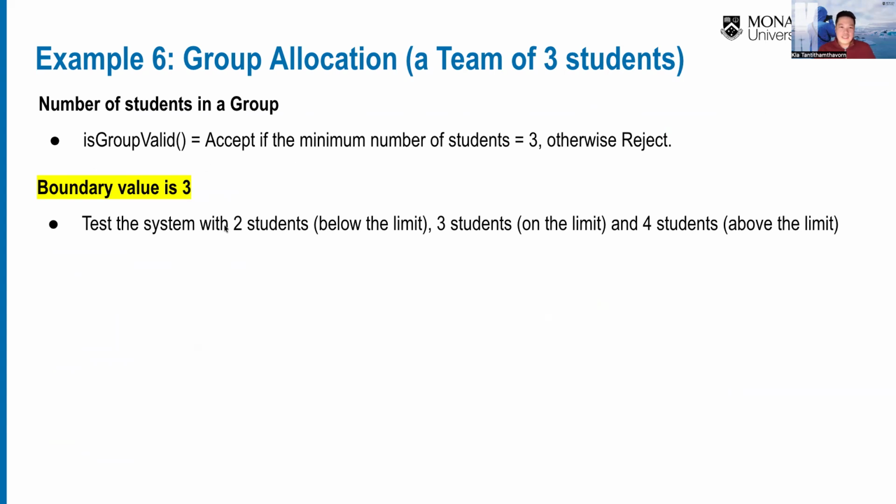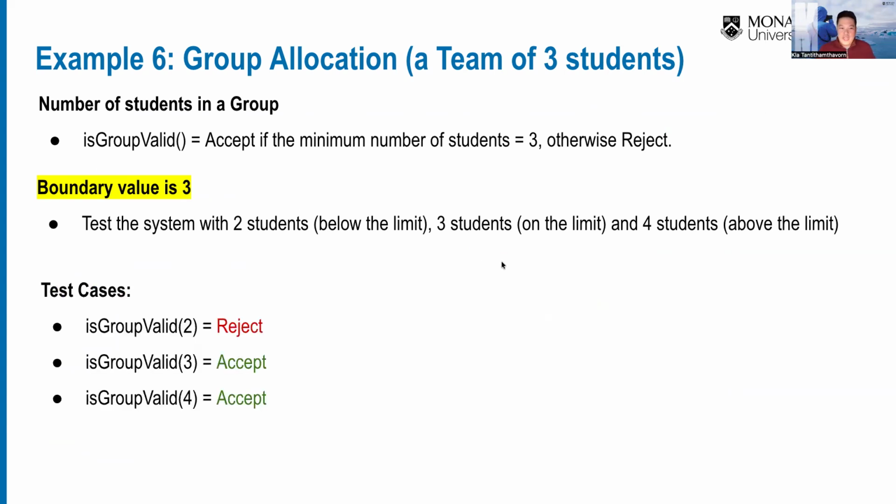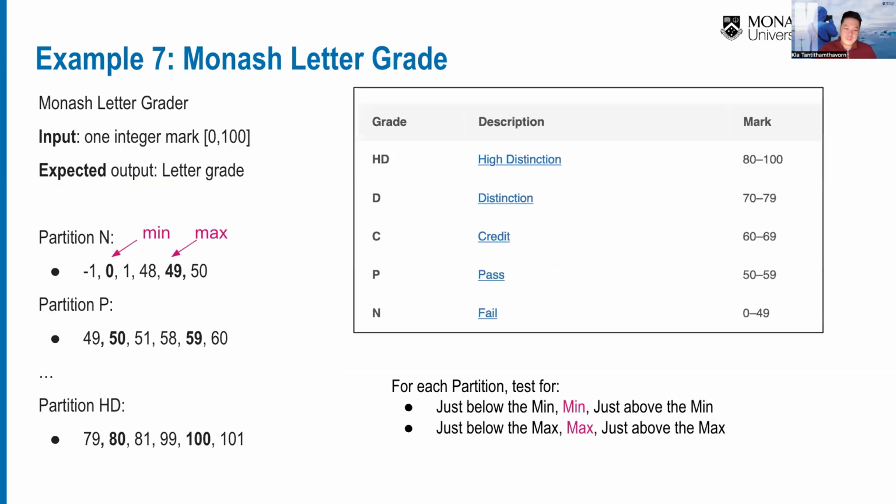We want to test the system with 2 students, which is below the limit, 3 students on the limit, and 4 students above the limit. So these are the right 3 boundary values that we should test. Then once you come up with the test scenarios, you create the test cases. Is the group valid or not? The 2 students reject, 3 accept, 4 accept, that kind of thing. Okay. Next example,